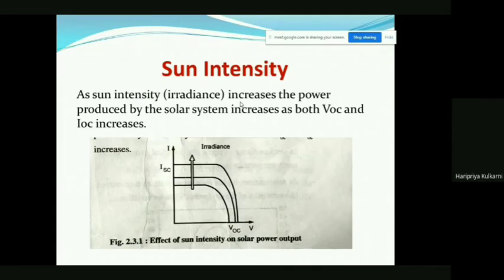So see, this is a solar intensity I have shown. This is the IV characteristics which we have seen in the last lecture. As the intensity or the solar irradiance goes on increasing, then definitely the characteristics shift in the upward direction, wherein we can get maximum current and we can extract the maximum power as well. This is the IV characteristics I have shown. If we draw the PV characteristics, then the PV characteristics will also get shifted upward to give us the maximum power. Therefore, at 12 noon, when sun intensity is highest, we can extract the maximum amount of energy from the sun.